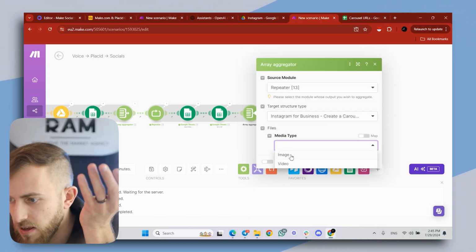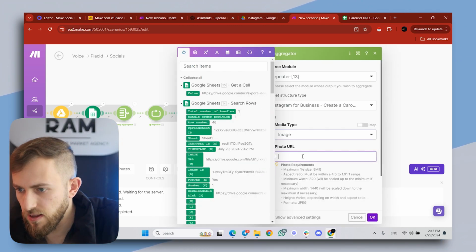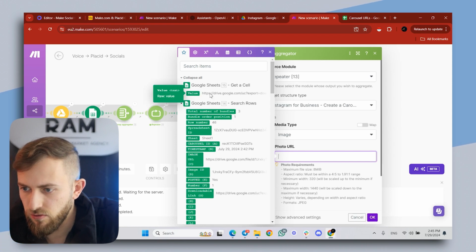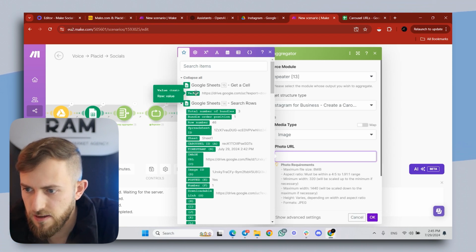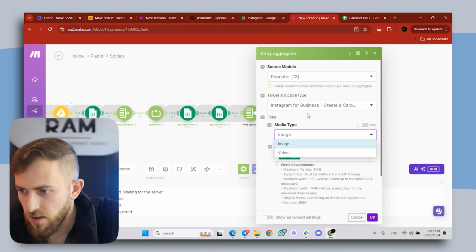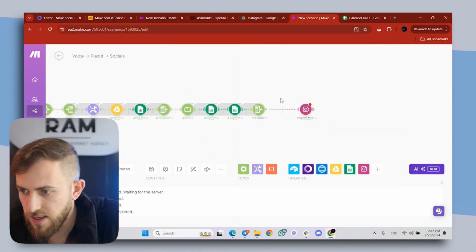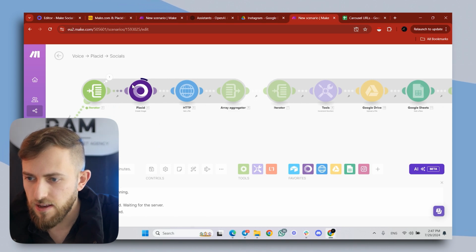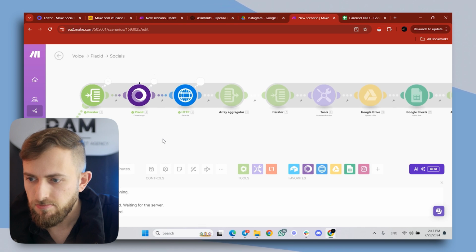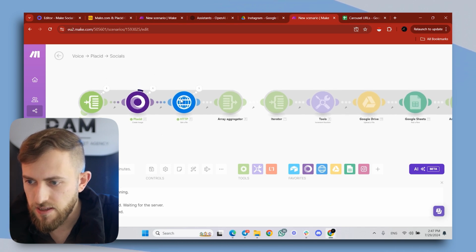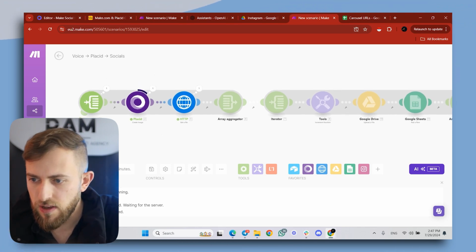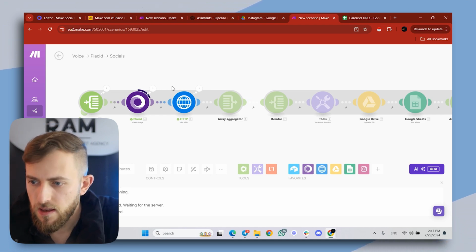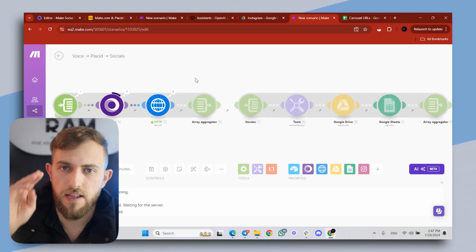The media type is gonna be image, and the photo URL is gonna be the value that we got from GetASL over here, from the last step. Cool. Then we click on OK, fantastic, and let's run it once again. Cool, so now we are creating the creative with Placid. We created the first creative, then the HTTP module downloaded that creative. We're creating now the second one. It downloaded already, then the third one,